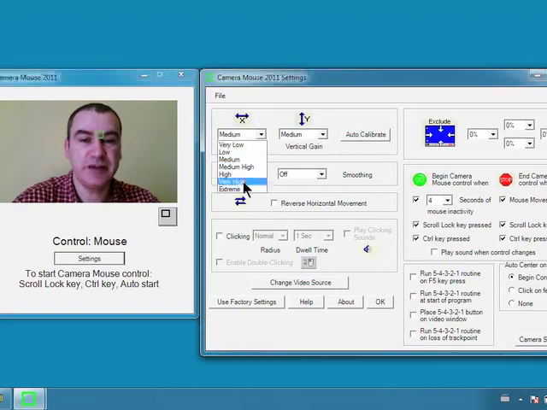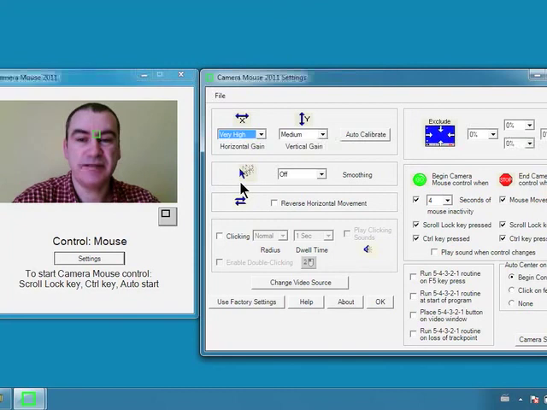If I turn the X one up now to very high, once Camera Mouse kicks in, I'll only need to do a very, very tiny movement to move the mouse all the way from the left to the right hand side of the screen. If I turn it down to low, when Camera Mouse